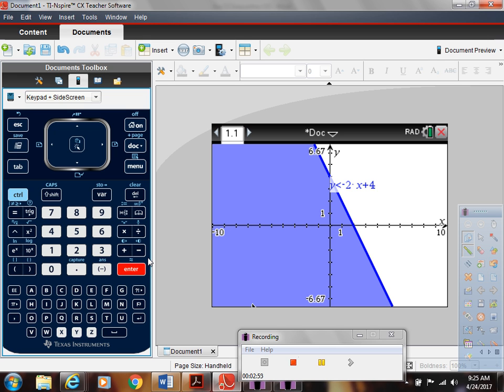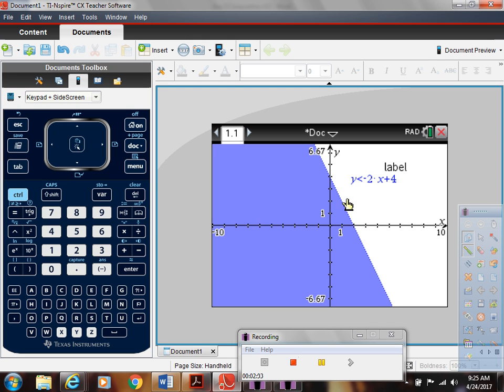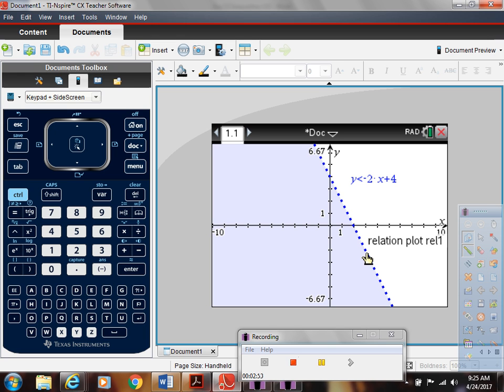So these are the ones where you have to shade. This is what you guys tend to forget though. Be very careful. You tend to forget to click on the line. Because when you first do it, it looks solid, but when you actually click on the line, you can tell right away, uh-oh, this is not solid. This is a dotted line. And that's a big deal, because if a point lands on the dotted line, it is not a solution. So if they ask you which one of the points is a solution, don't pick one that's on this dotted line. You would need to pick one that's over here where the shaded part is.